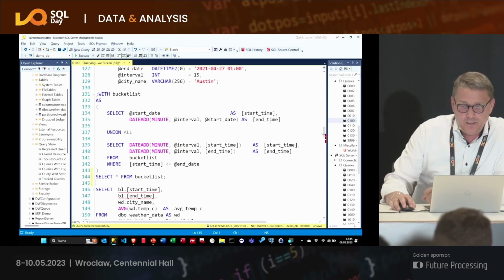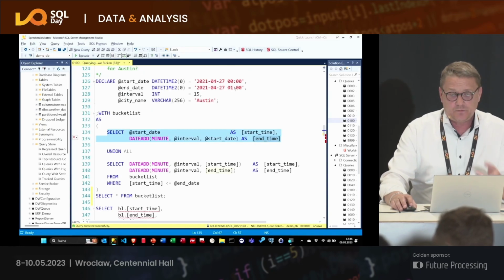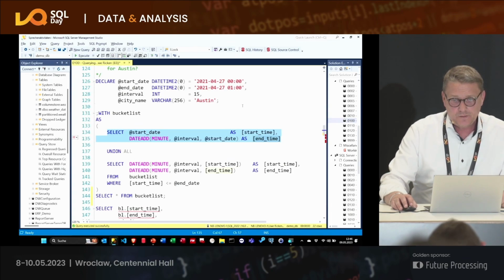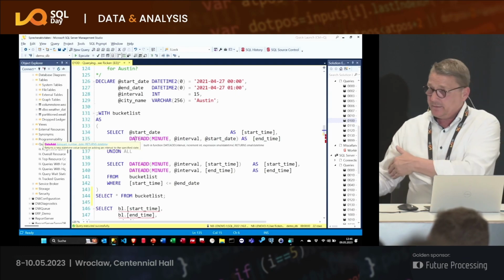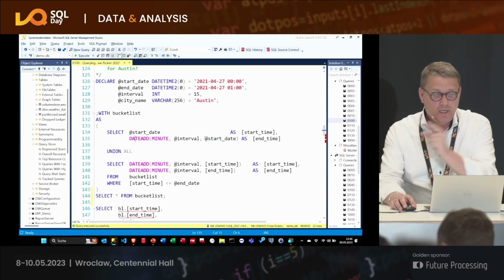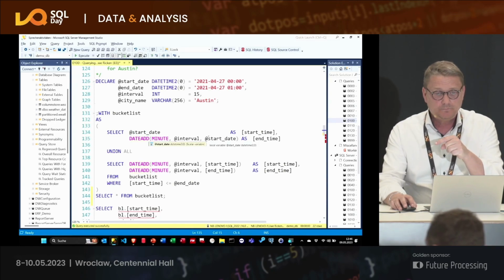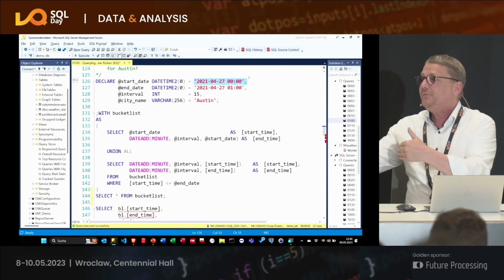Okay, what I'm doing here is I start with the anchor. So I say, give me the start time, which is the 27th of April, midnight. And then I'm using the function DATEADD. I go in 15-minute intervals from the start date. So that means the end date is this date plus 15 minutes.